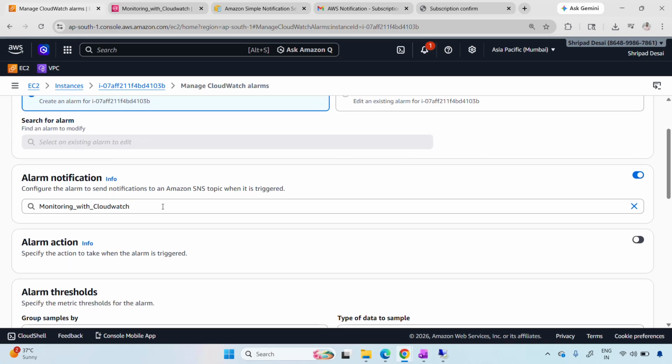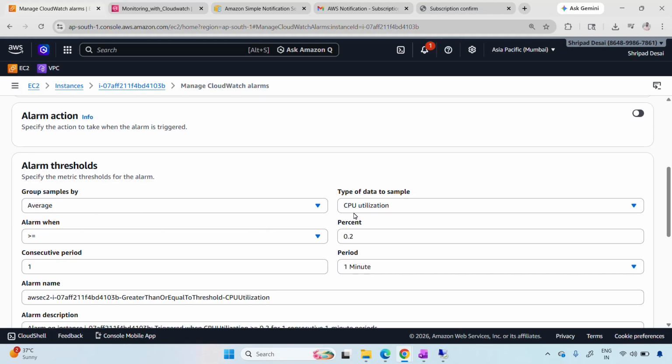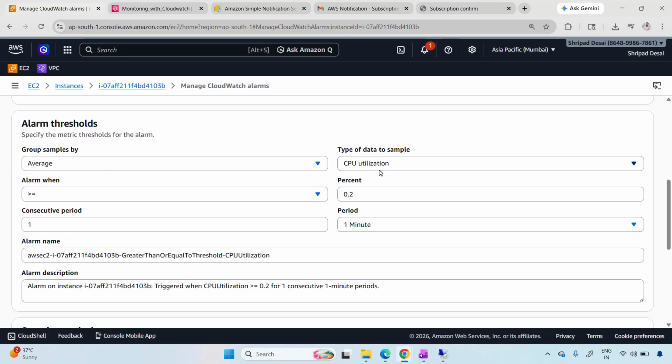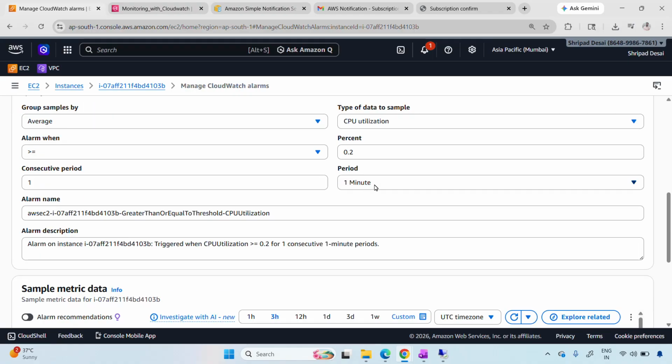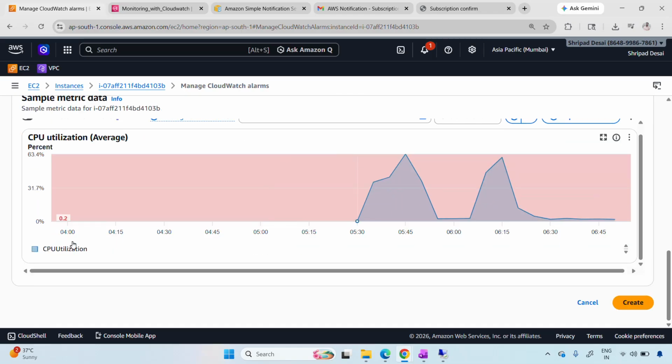We have created an alarm. The name of the topic I had selected is monitoring with CloudWatch, right? Then average, group samples by average, and the parameter you are going to monitor is the CPU utilization. I have kept the threshold at 0.2 and the period at 1 minute. Right, so that's it. Here you can get a visualized idea that the alarm is set at 0.2% and